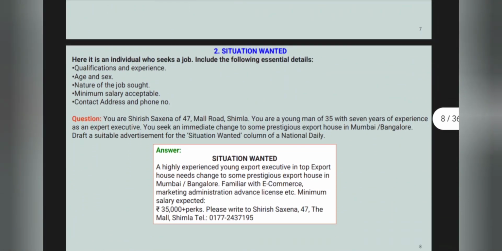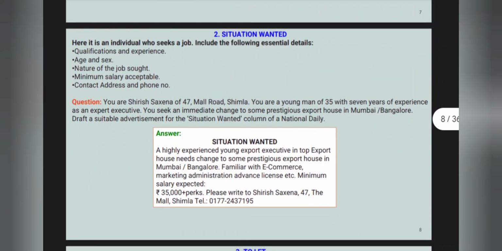Situation wanted: sometimes we want a job, we have many qualifications but we are not getting a job, so we publish a column in the newspaper. In situation wanted, there must be age, sex, qualifications and experience, how well experienced you are, what your qualifications are, what job you want, what minimum salary you want, and what your contact details are.